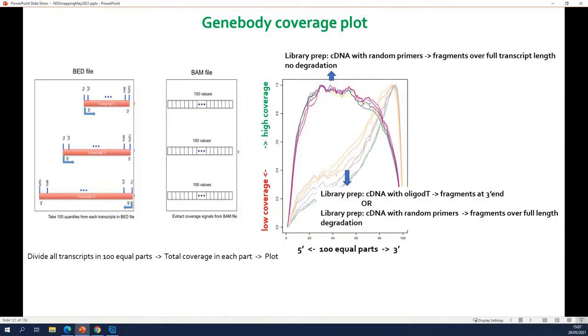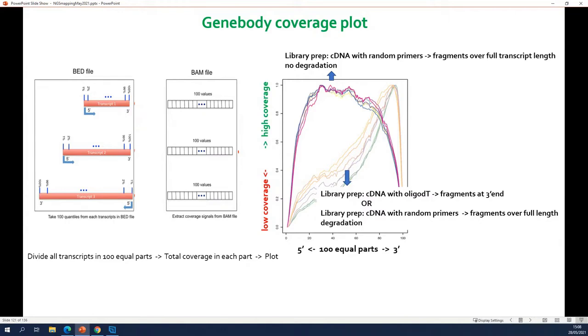When you use oligo-dT primers, it means that you're going to start your copy DNA formation at the poly A tail, because that is where the oligo-dT primer will bind. So reverse transcription will start at the poly A tail, at the 3' end of your transcripts. And most of the fragments that you will generate will be fragments on the 3' end of your transcripts.